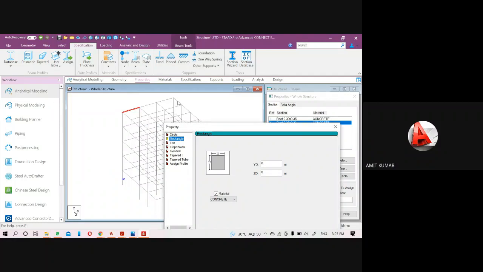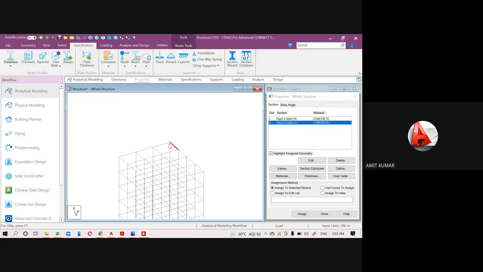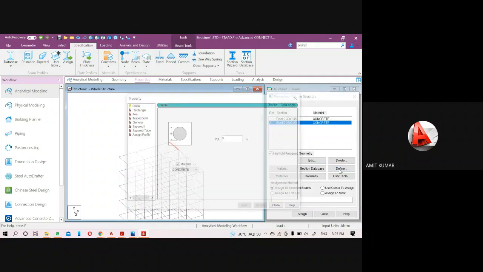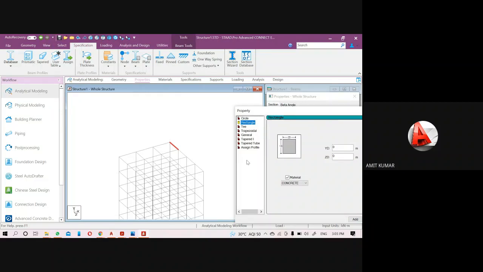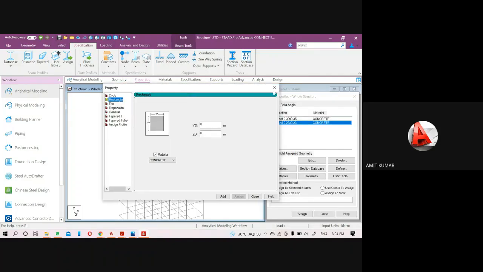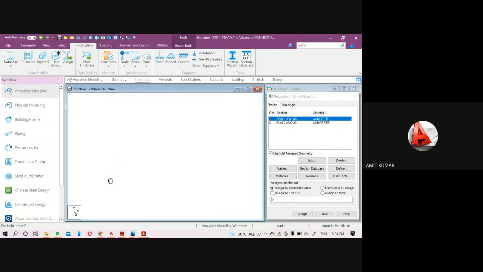But for this beam, you can see it is lying along the Z axis. That means the Y direction and Z direction will be according to the values. Y will be this and the Z axis is along here. So along the X length, the thickness of this beam will be along the X axis. So this X axis will work according to the Z. So just provide this value very carefully.